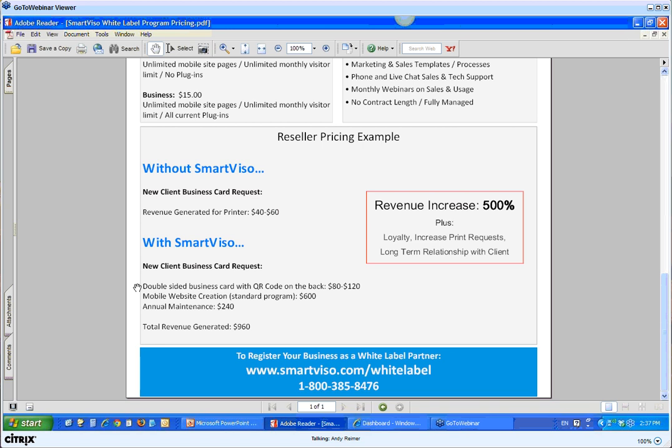You're charging that client to build their mobile website, and as well, you're going to charge them an annual maintenance fee. So you can see by the numbers, you can not only provide a business card, you can provide a business card that points to a mobile website and provides your clients with a very effective solution to QR codes and mobile web. And that's not only going to increase this business card order by over 500%,